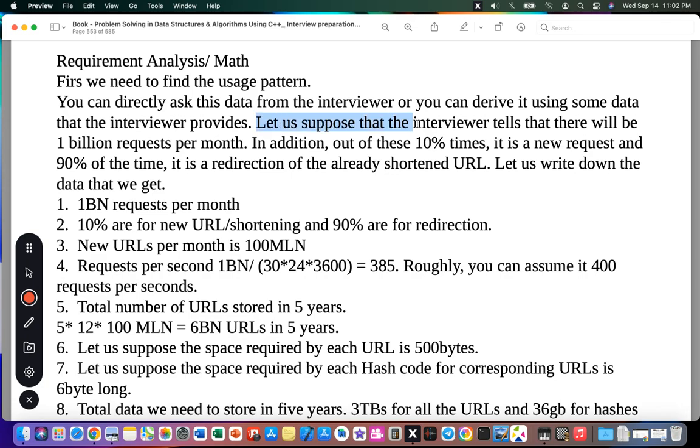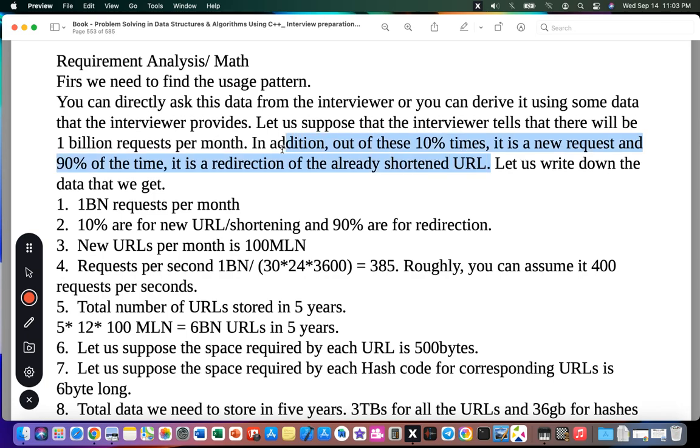Let us suppose that the interviewer tells us that there will be 1 billion requests per month. So that's another question that we may raise: how many requests per month? And let us suppose the answer was 1 billion requests per month, which is 1,000 million. In addition, 10% of these are new requests, and 90% of the time it's a redirection of an already shortened URL.